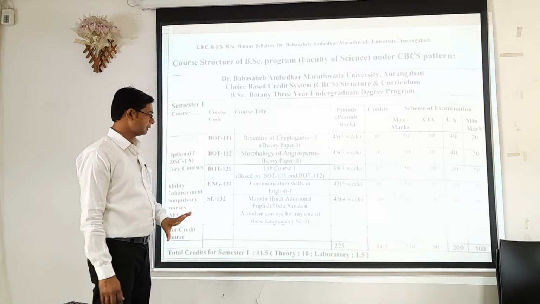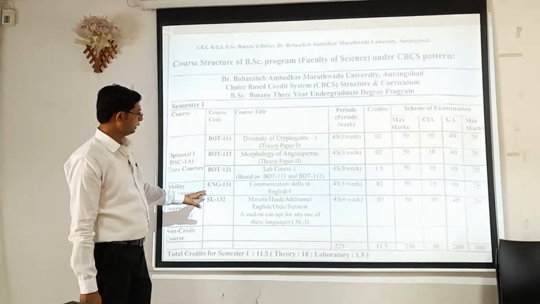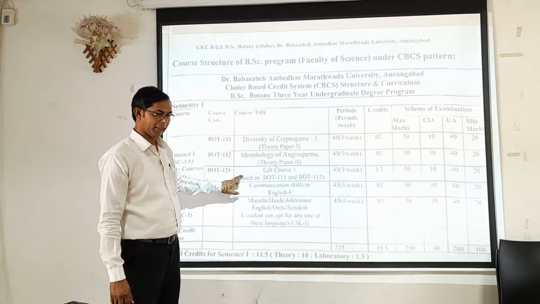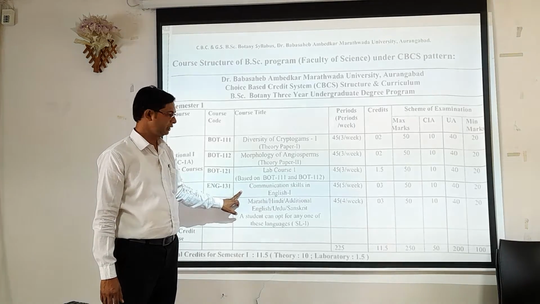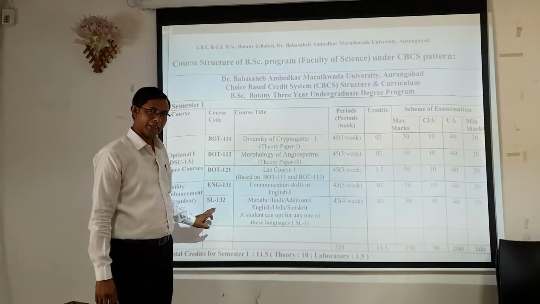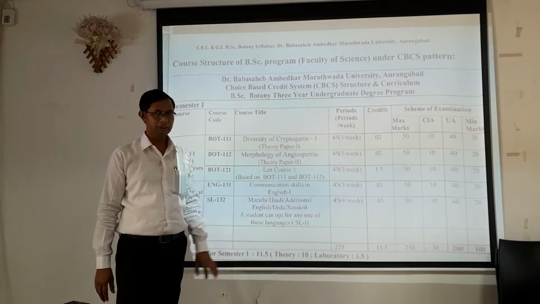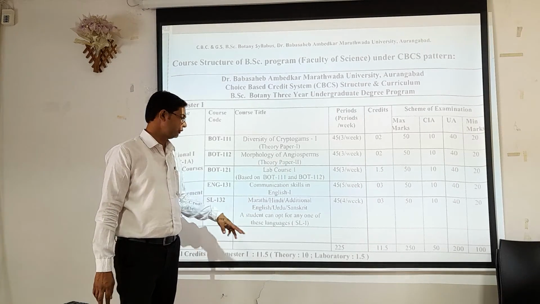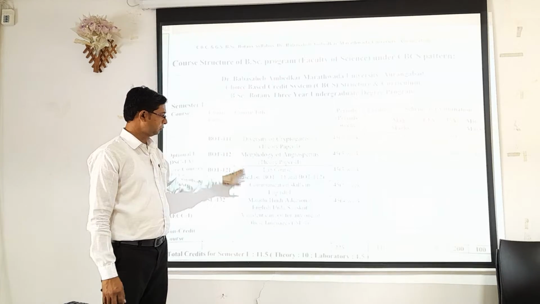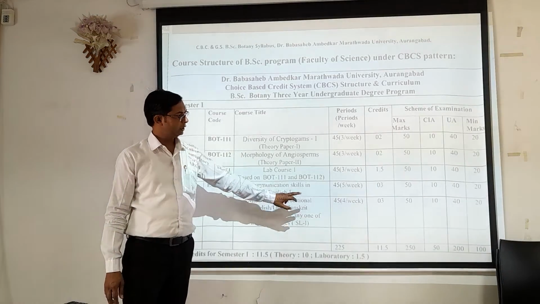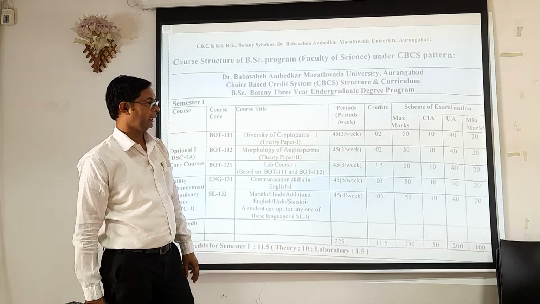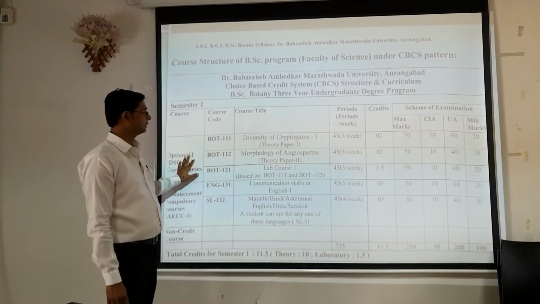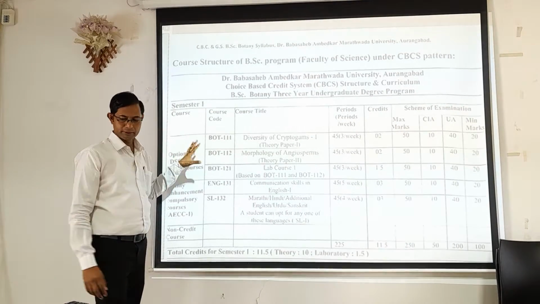In the last discussion we have seen what these core courses are and all these things. Now, along with these 2 subjects and the practical, there is communication skill in English, that is one subject, and along with that a second language is also there: Marathi, Hindi, additional English, Urdu, Sanskrit. Whatever second language you have selected, you have to take that particular second language. It also has 3 credits, with maximum 50 marks and minimum 20 marks. So this is nothing but the syllabus of the first semester.